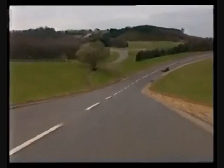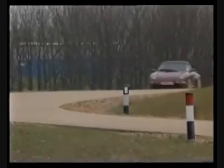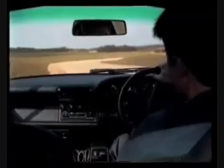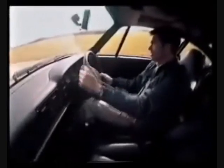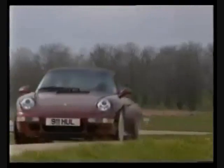Whoa! Right, the handling course. Feel that power coming. And the delivery of the power is just so smooth. There is no real sudden burst of boost, and that really is what is so impressive about this latest 911 twin turbo. Now, the handling is so sure-footed over this crest, second gear, rev limiter, third, back to second, but